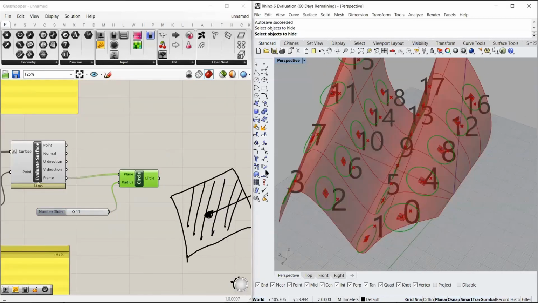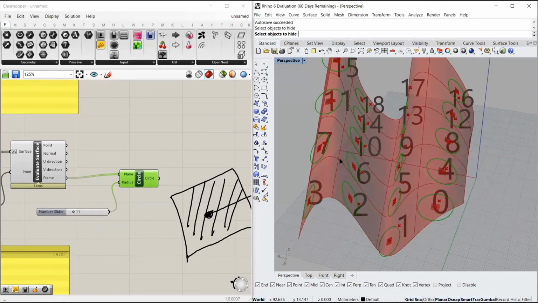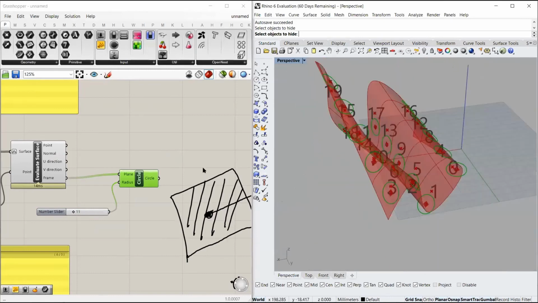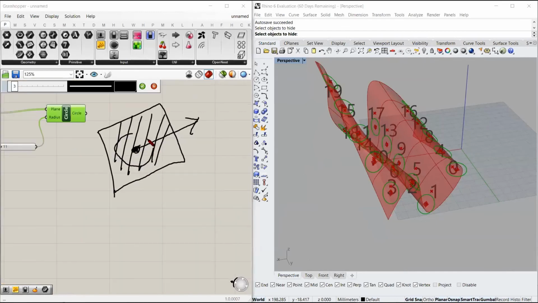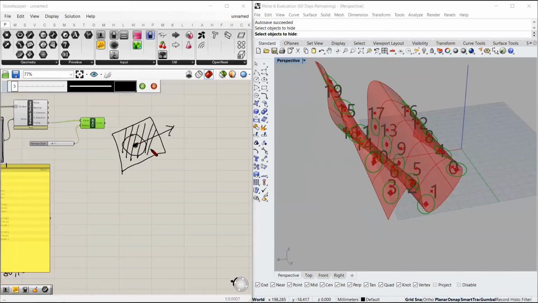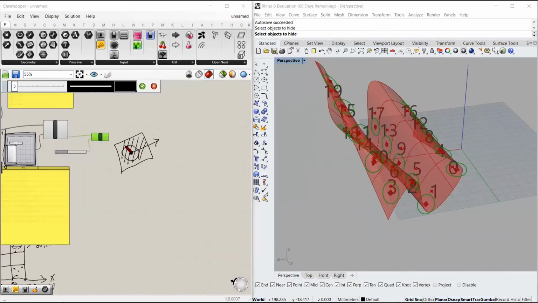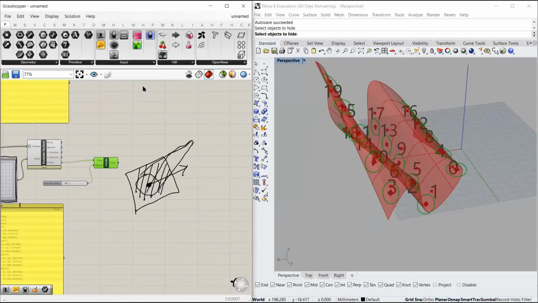Now suppose you want to make conical expressions on this surface. Suppose you made these circles and you want all of these surfaces to make conical projections in 3D.